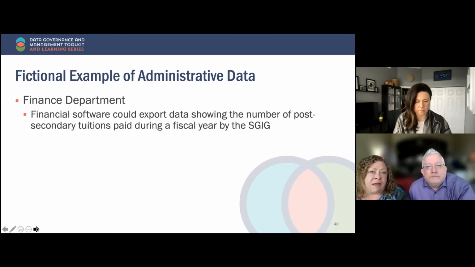And she was absolutely dismayed to realize that over 50% of her administrative staff can retire within the next 5 years. So she said to her team on the steering committee, how can we find our graduates so that we can attempt to recruit them back to the government? So they decided that the first thing that they would do is go and look at the financial software, because that was really their only format of electronic reporting, because the education department is all in paper.